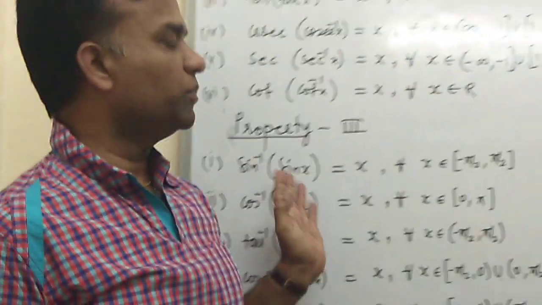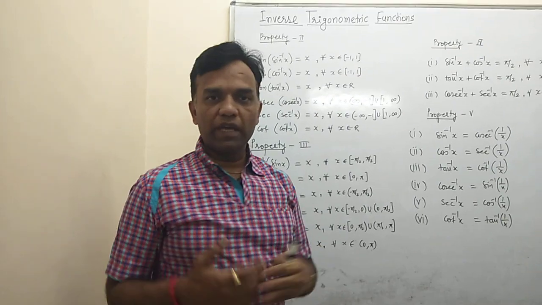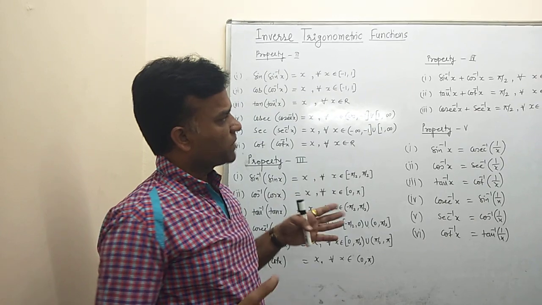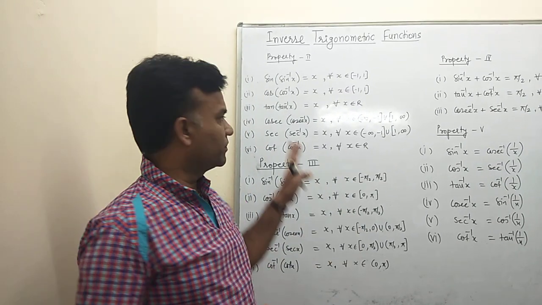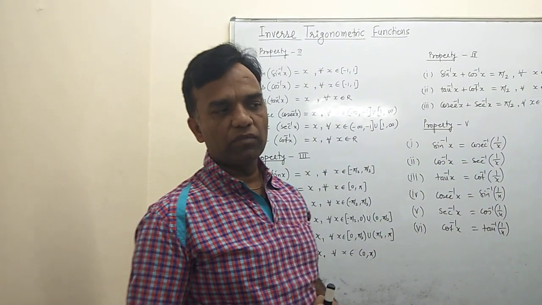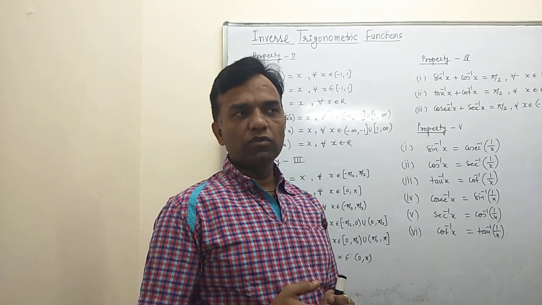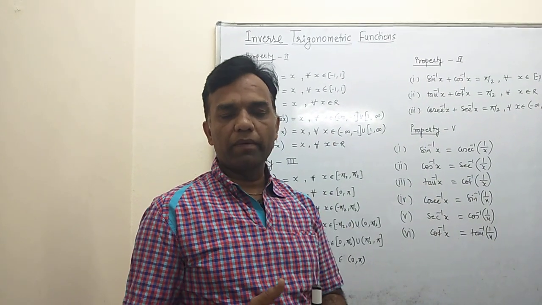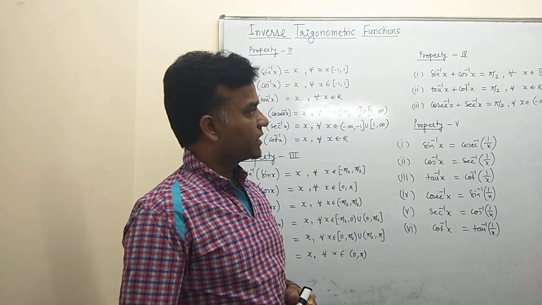So property 2 and property 3 are correlated, because only their ranges change, and according to the range you get the result, and it depends on the minus sign, which we described in the previous video. Before this, revise once again the coordinate formula and unit circle formula, like 0 to pi and pi to 2 pi. Divide into 4 quadrants: 0 to pi/2, pi/2 to pi, pi to 3π/2 and 3π/2 to 2 pi. First revise the concept of all trigonometrical ratios from there.